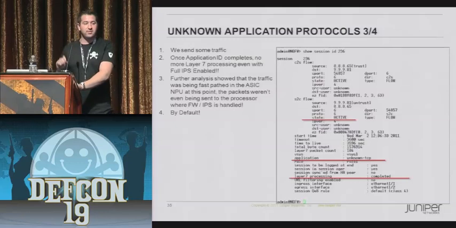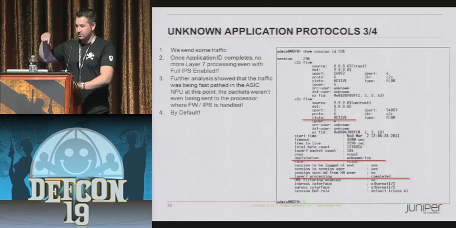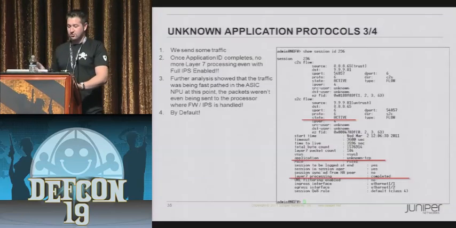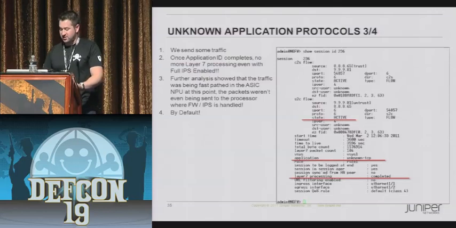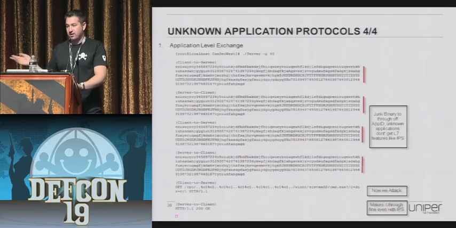But it got even better than that. Not only were they not looking at anything from layer 7, they actually pushed the traffic down into the ASIC, so out of the processor that's actually doing the security processing, just down into the MPU, or network processing unit. So they weren't even inspecting this at all. And I did that simply by just sending some garbage traffic. And then, of course, in that session, I was not only able to do that, but I could then send